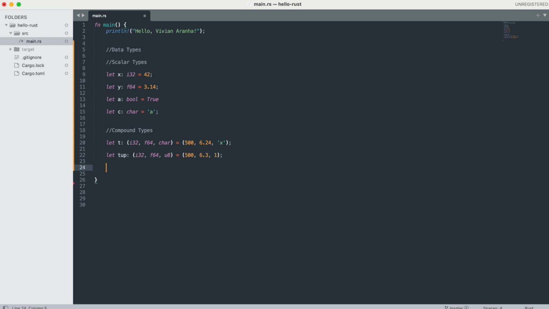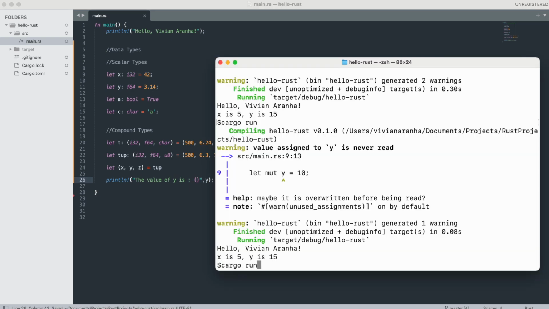Now if you want to destructure a particular tuple, like how do you use them, we use destructuring, where I can say that the first value I want to assign to the x variable. I can do x, y, and z, and then I can say the tuple goes into x, y, z. So what happens is, let's print it. I can just say println, and I can say the value of y is, now you probably guessed it, but let's see what the compiler says. If I run this,